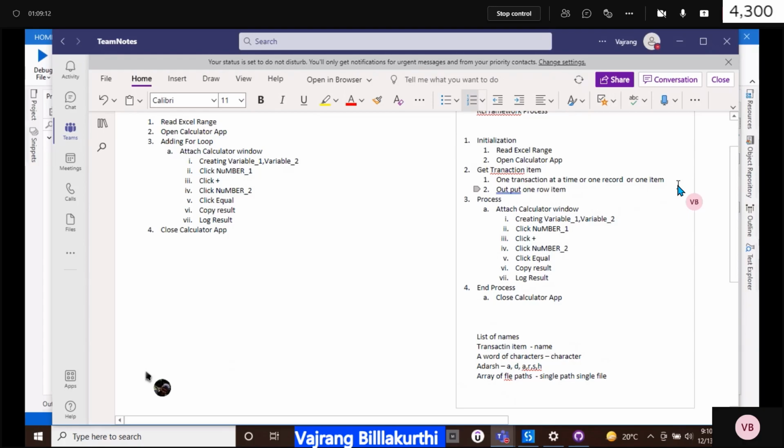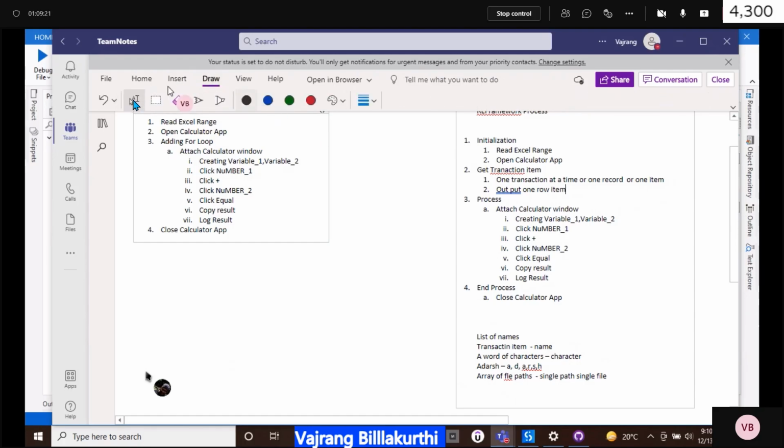Now, if you remember previously, we discussed the RE framework, right? Now, just have a quick understanding in this way. First we will have initialization. When the initialization is completed, we will get one transaction item, and this transaction item will give access to the process. If that is completed, it will go and fetch the next transaction item. And this will repeat again, just like a for each.